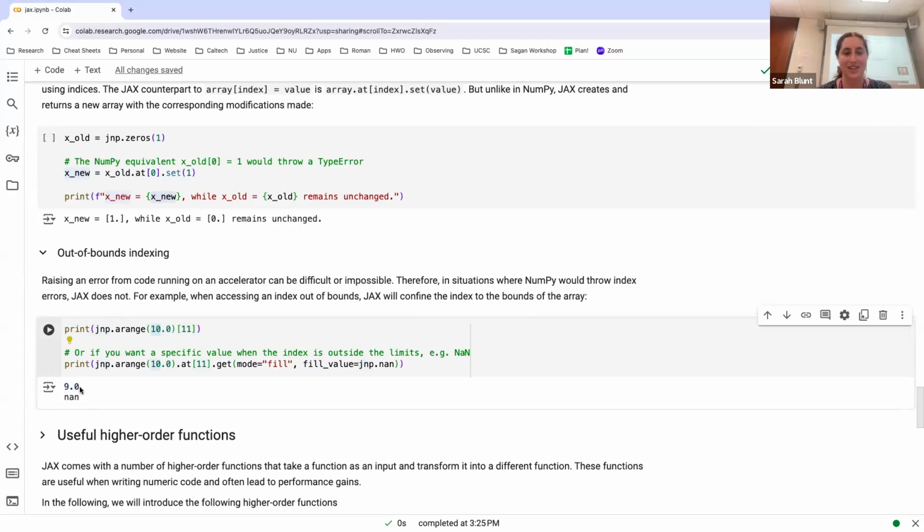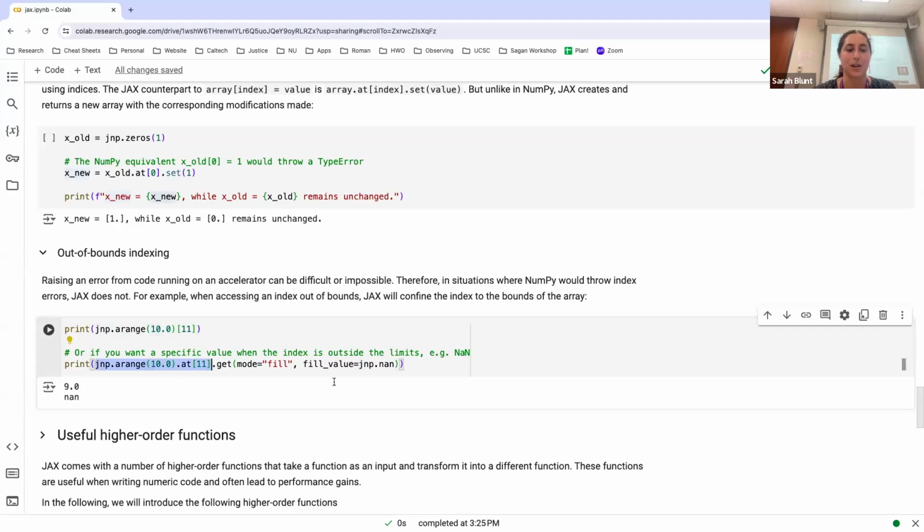Don't try too hard to interpret why it said 9. It depends on the operating system how it's actually going to decide which value to get from the memory. So if you want to specifically watch out for these out of bounds errors, if you want a specific behavior from your code if you do access something from memory that's out of bounds,